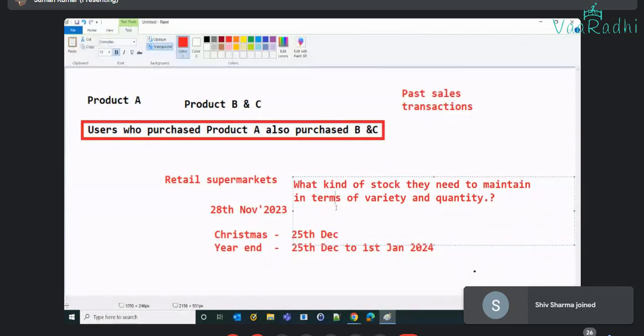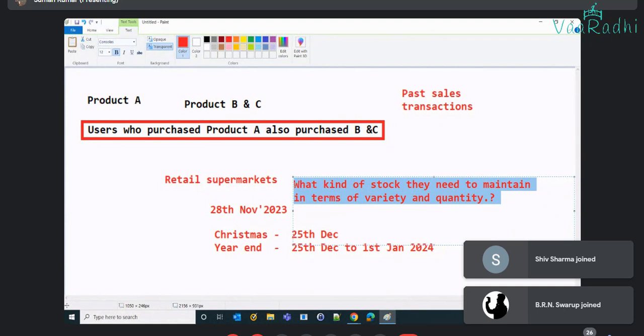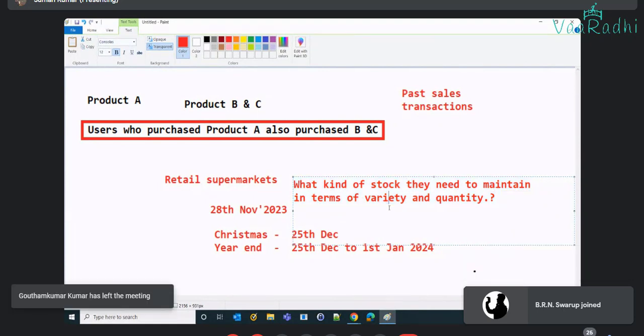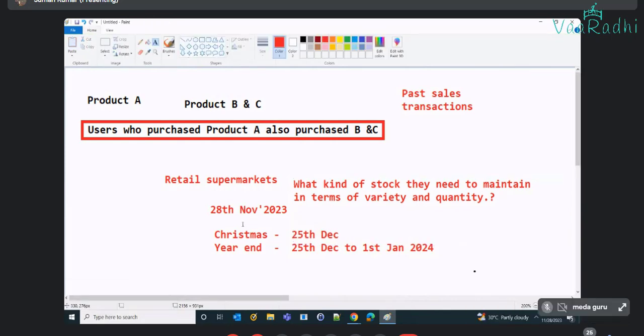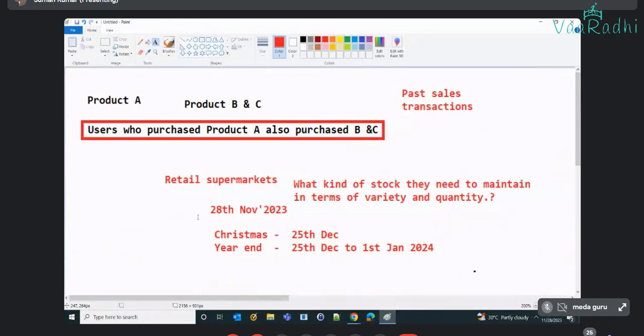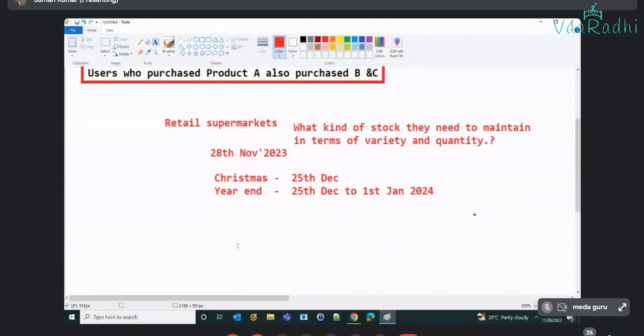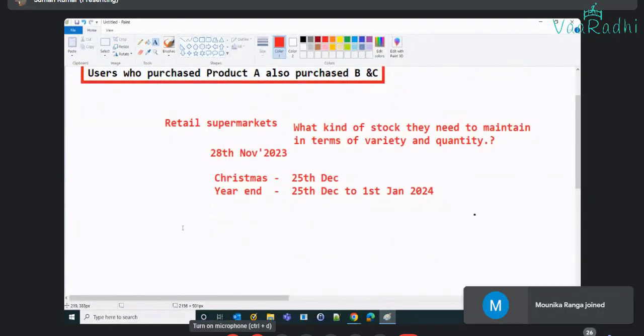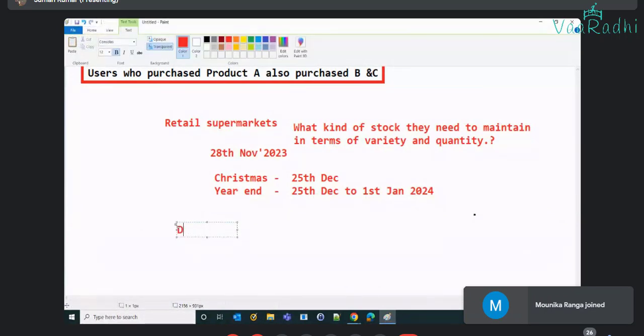So when this question arises, what kind of stock they need to maintain in terms of variety and quantity, variety means grocery, cosmetics, clothes, everything. Now, how does it help, guys? How does it help this retail supermarket, guys? What do they simply do? They'll go to their historical data, during